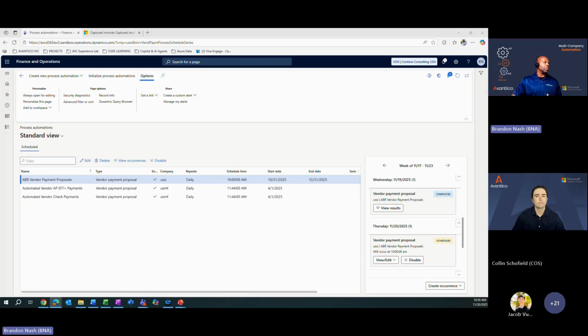So when I go into my AP area and go to my vendor payment journal, bear with me here. So as you can see here, it's executing. And what's happening in the background,